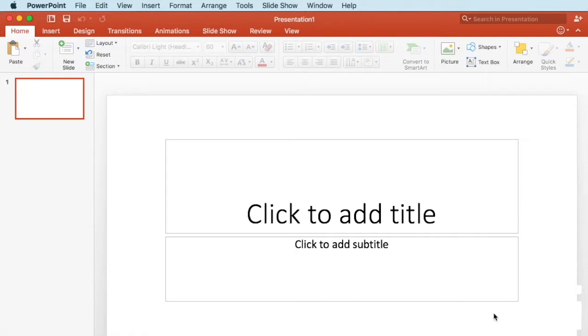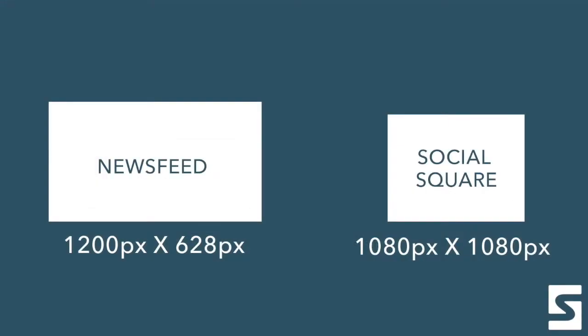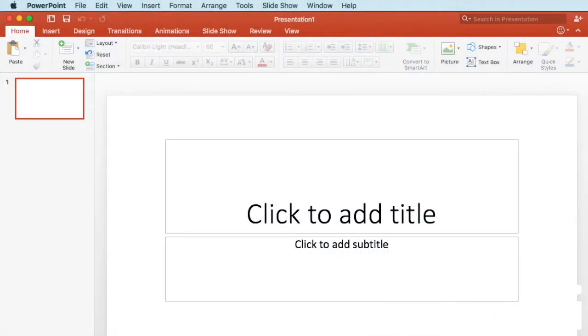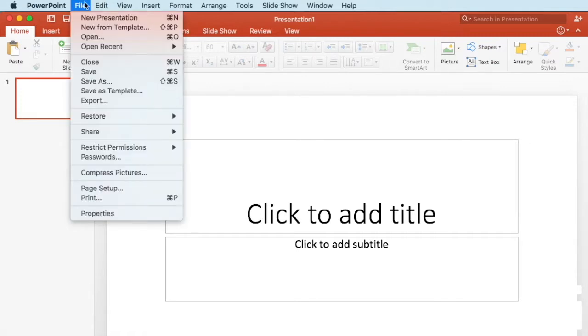The two most important sizes you need to know when it comes to Facebook ads and Instagram ads are 1200 wide by 628 high. That's usually sponsored newsfeed content. And then there's also the square, which is 1080 pixels by 1080 pixels. Let's start with resizing this bad boy to be sponsored newsfeed content, which is 1200 pixels wide by 628 pixels high. So we're going to go to File, Page Setup,